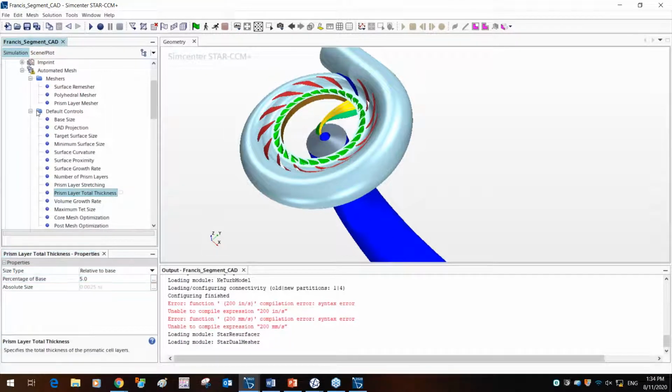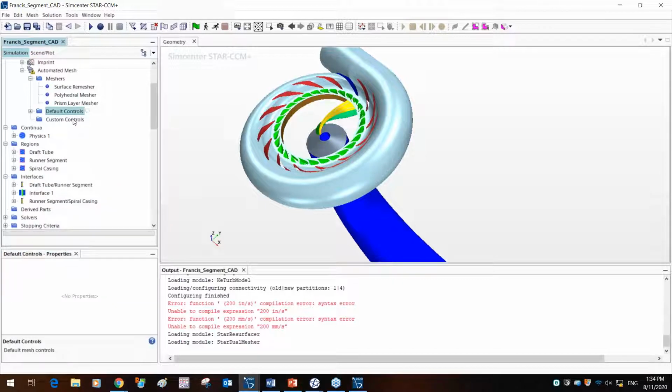Now, this is just the default controls, but let's say you want to add custom controls. Custom controls could be on a curve, on a surface, on a given part, but also volumetric control. Volumetric control means you can import a given body and, within this region, create a much finer mesh, or at the outlet over here, you just create a big box and then create a volumetric control associated with it where you want it to be refined. And that body does not necessarily have to be part of the simulation.